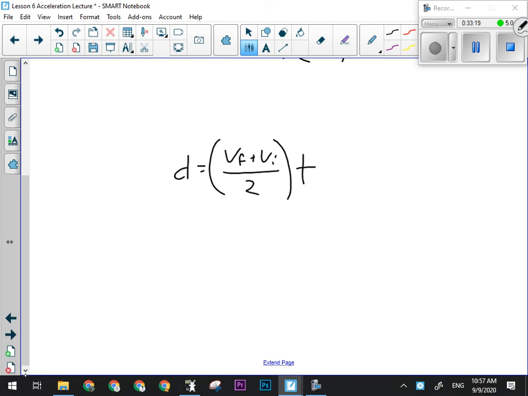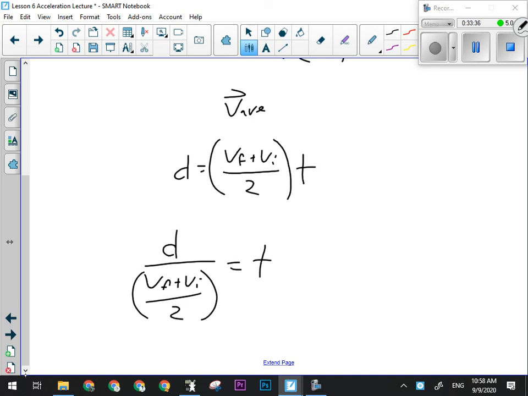It's really just like saying D equals, because we said this is how you calculate average velocity. I'm really just taking average velocity and bringing it over to the other side. So I can divide the whole bracket over. Now I'm solving for T. Still have to do what's in the brackets first, but I can move it all together. All right. What if I want to solve for